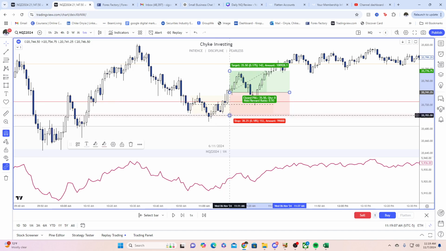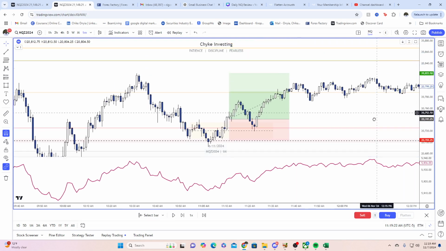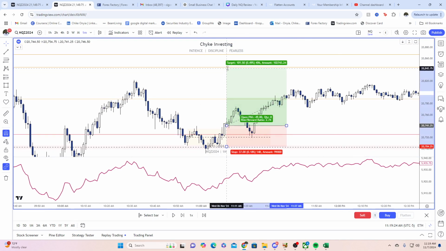I would like to keep my stop below here, because this is the unicorn, when there's a fair value gap nested just inside or outside of a breaker, right? And so that means you can keep your stop here. You can aim for this high right here. Typically, I like to aim for a 1 to 3, especially since I know that today's a bullish day and we have highs above here.